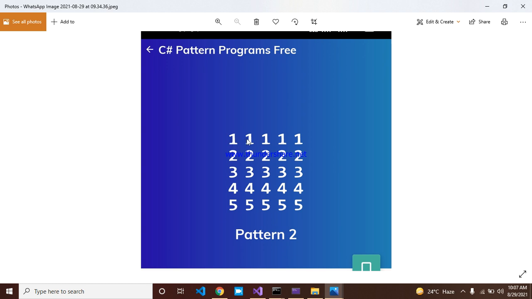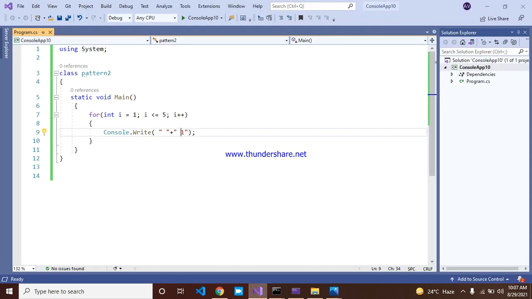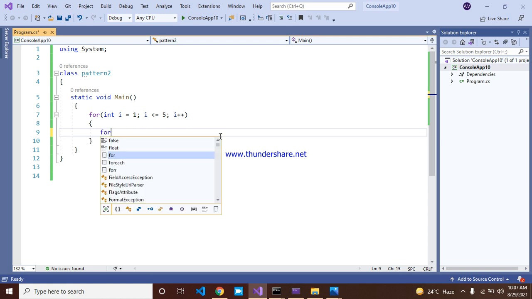Only one row, you can print only 1 1 1 1 1, which is not enough for this pattern. Your requirement is to print the whole pattern like this, but we can write the program for only this. How can we do it? You can write another program? No. Wow, how can we write the program for this? Wait and see, I will tell you, using another for loop.